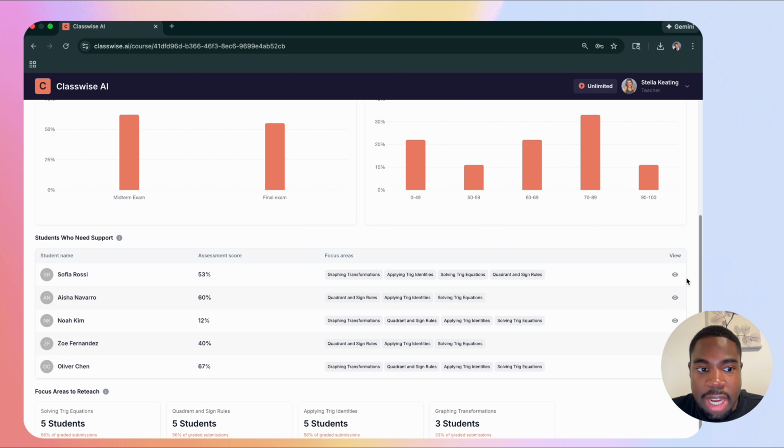Now we get to this very exciting section, the students who need support. So we're able to flag the students that need some extra coaching or need some extra support from their teachers. We show the student's name and the score they got on this assessment, but we also show the focus areas. Now, we can see here for Sophia, she had issues with graphing transformations, solving trig equations, and quadrant and sine